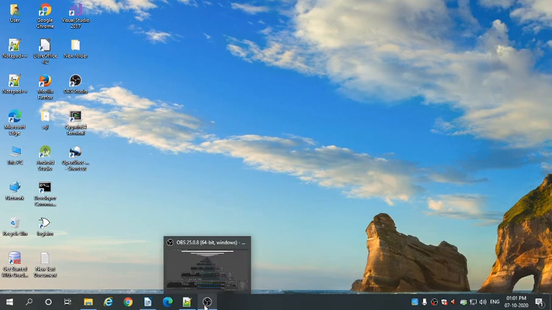Okay, and what is the super word? The super is a keyword that refers to superclass objects. It is used to call superclass methods and to access the superclass constructor. The most common use of this super keyword is to eliminate the confusion between superclasses and subclasses that have methods with the same name. Okay. So let us start with the program.